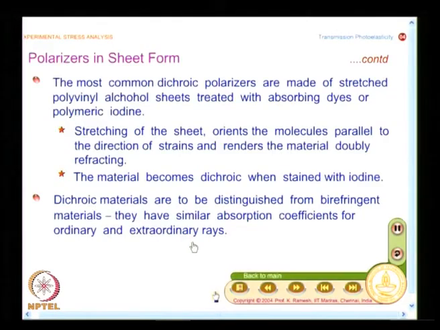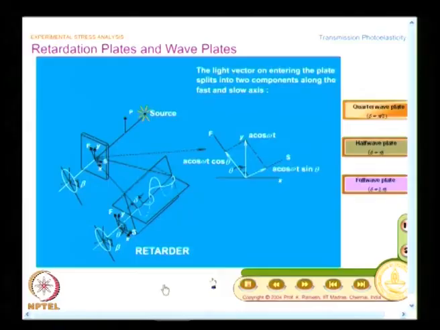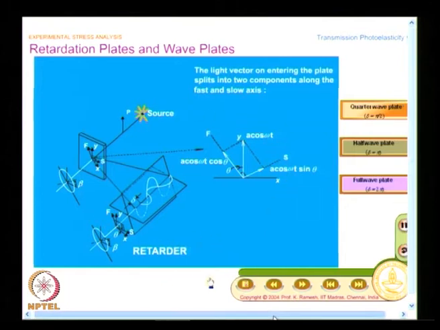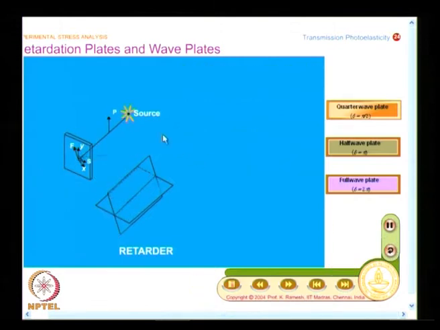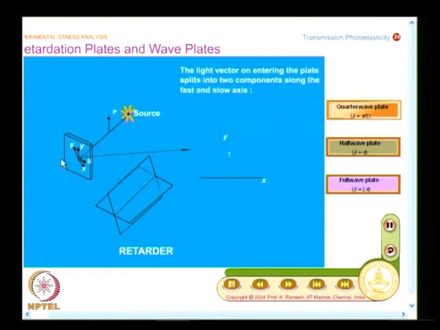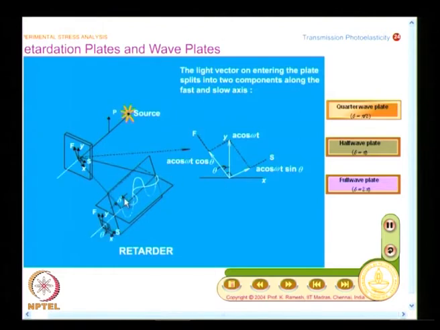And what is fundamental to all of this photoelastic analysis is understanding retardation plates and wave plates. And this animation you will be looking at again and again in this course, and this is the crux of photoelasticity. We will again have a look at it. I have a natural light source that becomes polarized when it hits the front surface of the model. It is split into two light components, they travel within the model, acquire a retardation, and in general you get a